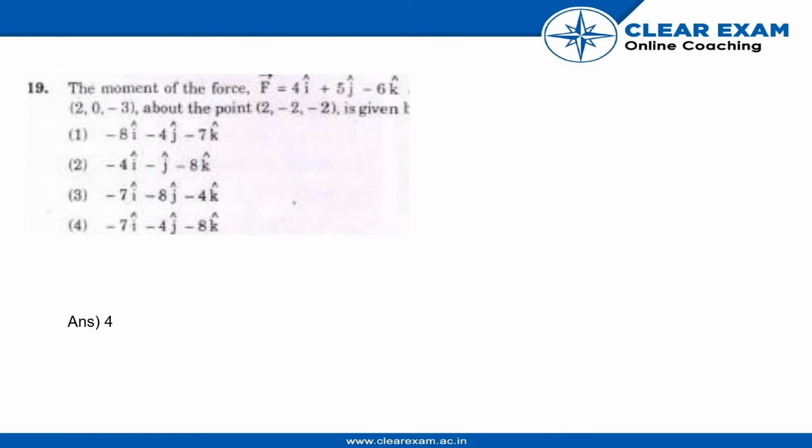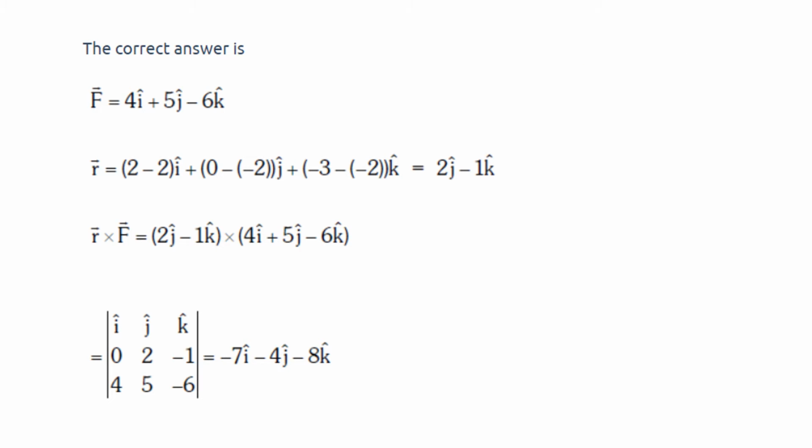Let us see the solution of question number 19. The moment of the force from this point to this point is given, and we need to find the moment of the force, right? So the answer would be: the force is given as 4 i cap plus 5 j cap minus 6 k cap, and we need to